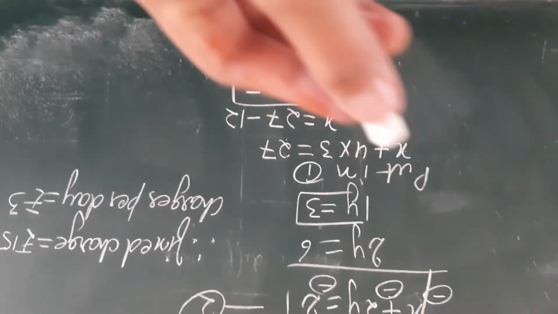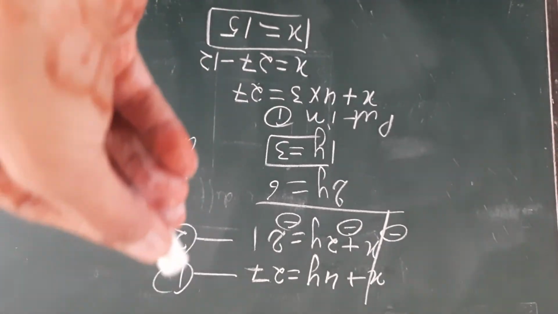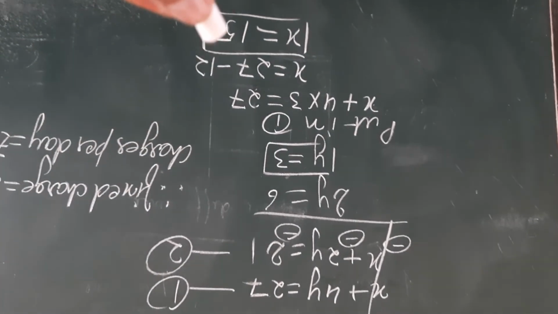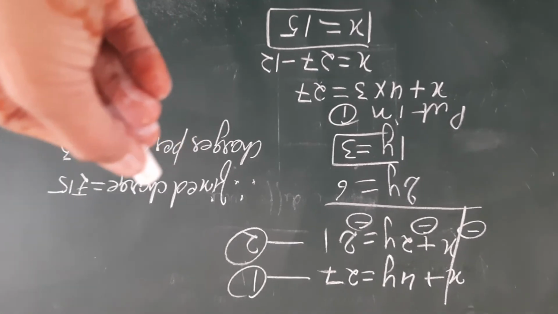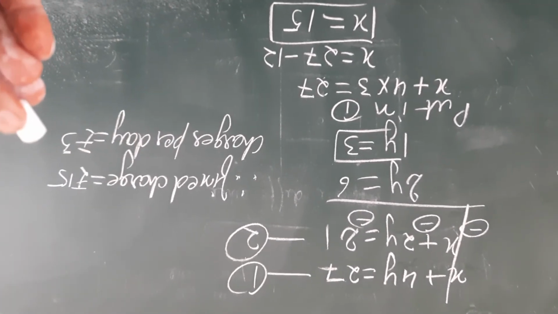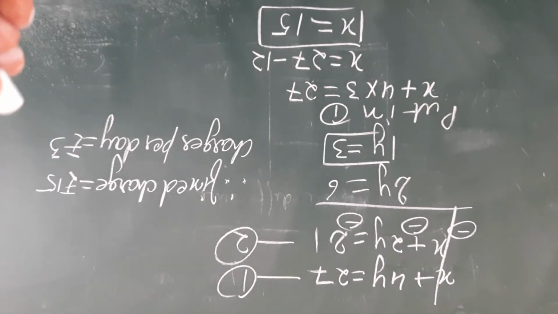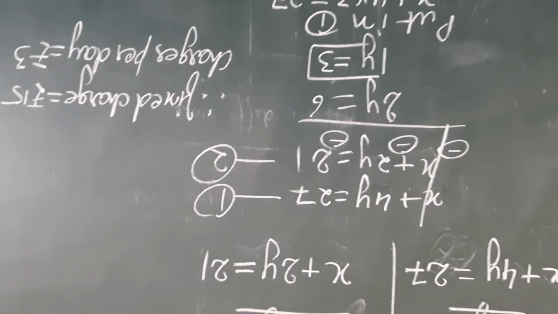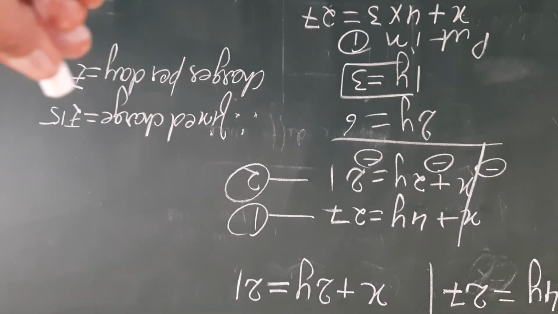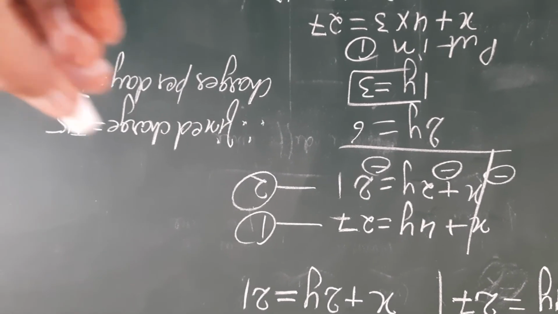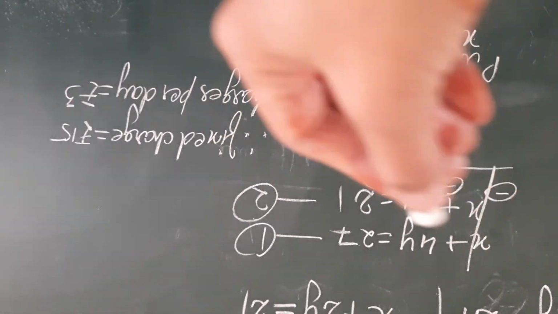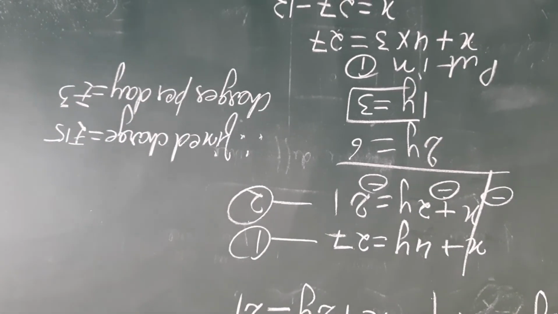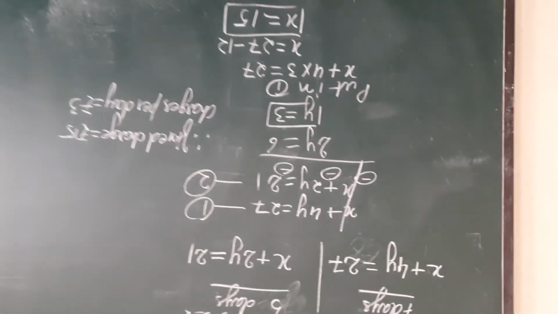And by putting the value of y in either of the equations, either in 1 or 2, we'll get the value of x. Now x is the fixed charges, so therefore the fixed charge is equal to rupees 15 and the charge per day is equal to rupees 3. And to check, dear students, for the first 3 days, the 15 rupees plus 4 3s are 12, 15 plus 12 is 27. So in this way you can check this question also.